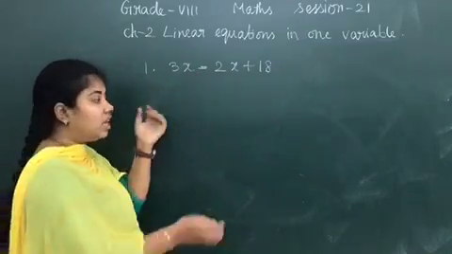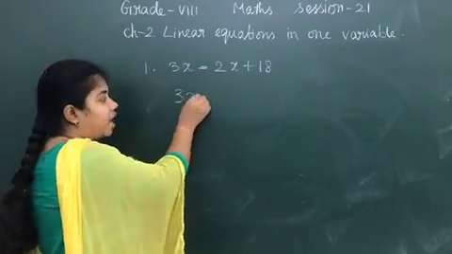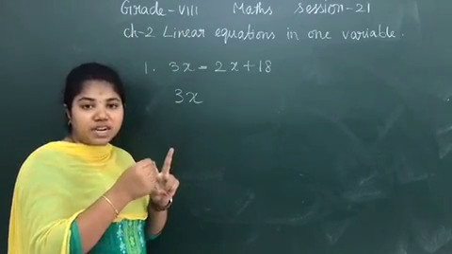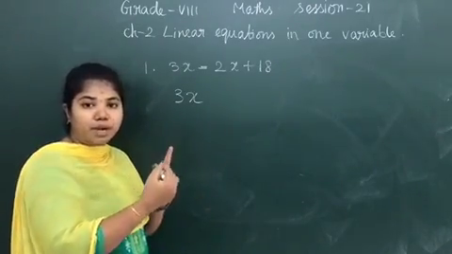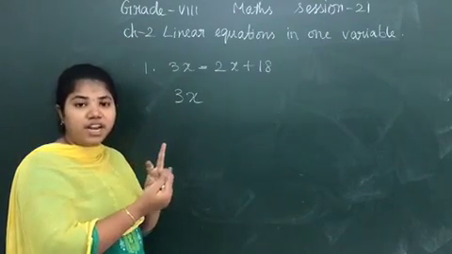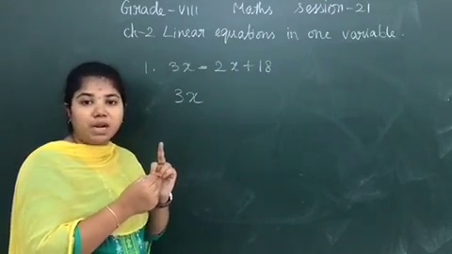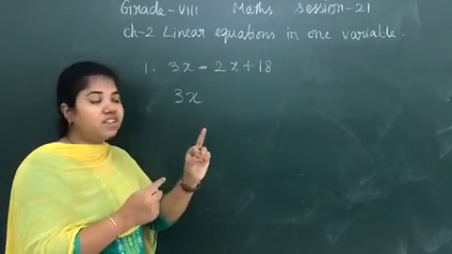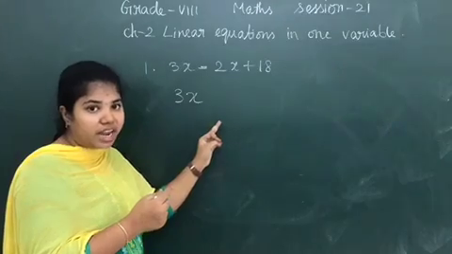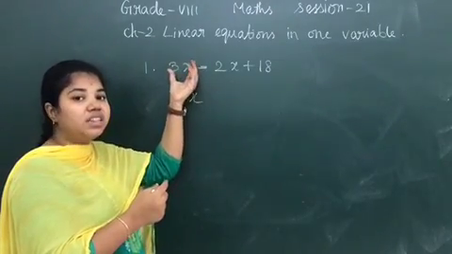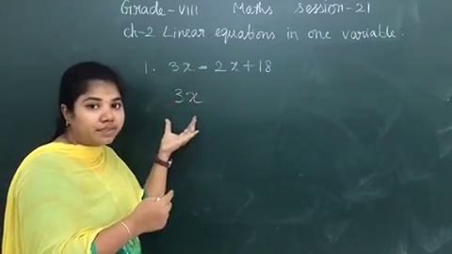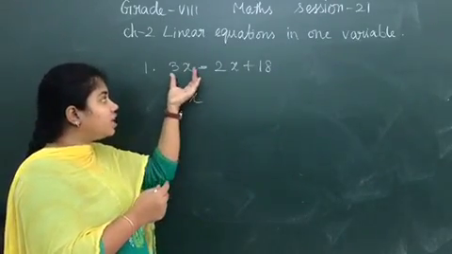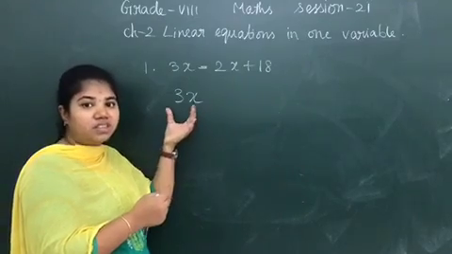So variable 3x, let it remain the same. I told you two conditions for transposing the numbers and variables. The first condition is when you transpose a number or a variable to the other side, you have to change the symbol of that particular number or variable. And the second one is when you transpose a number or variable from the other side, the number or variable already on the side should be written first, then the transposed variable should be written second.